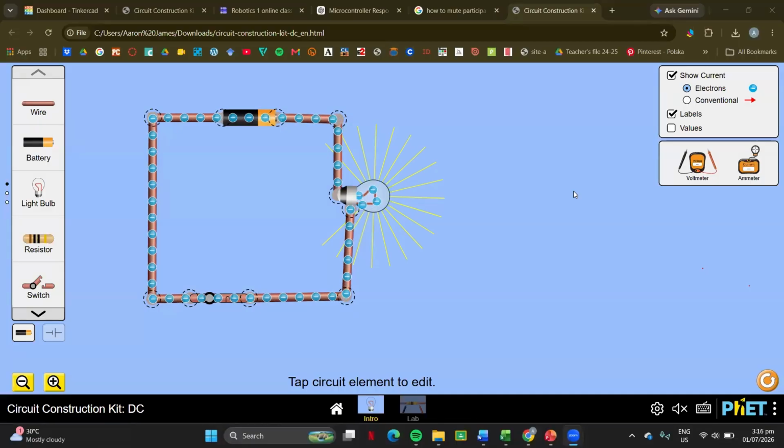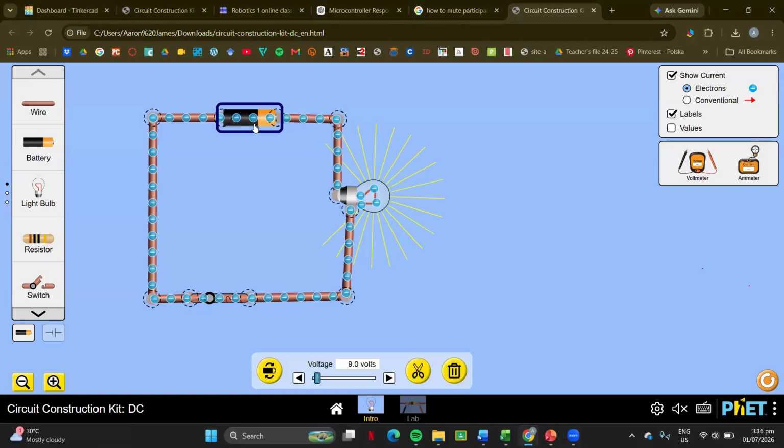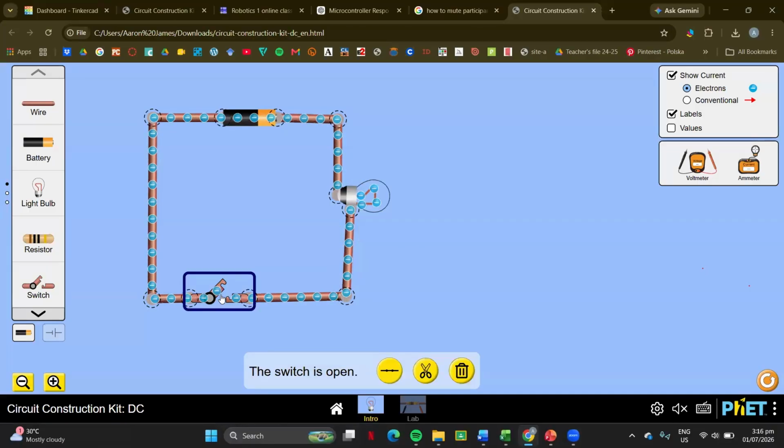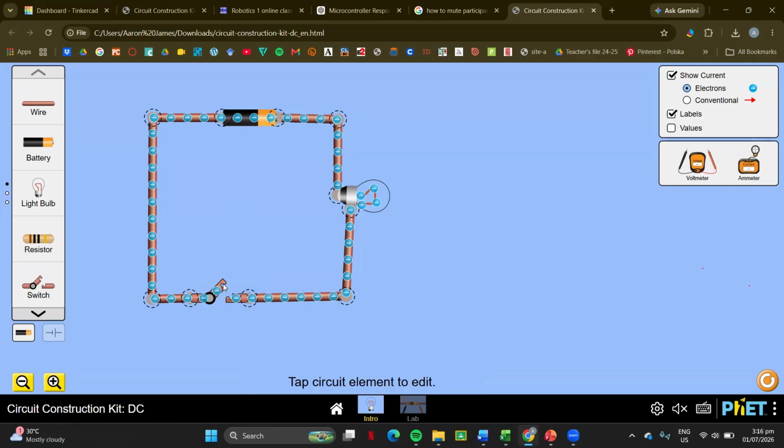Okay, sige, that's very good. Let's roll back a little bit. What's your first observation here? What are the circular things that are moving around? Electrons po. Okay, those are your electrons, right? They are moving in a specific direction as well. So, again, if I switch it off, the switch, I cut the circuit and it stopped flowing. My current stopped flowing.